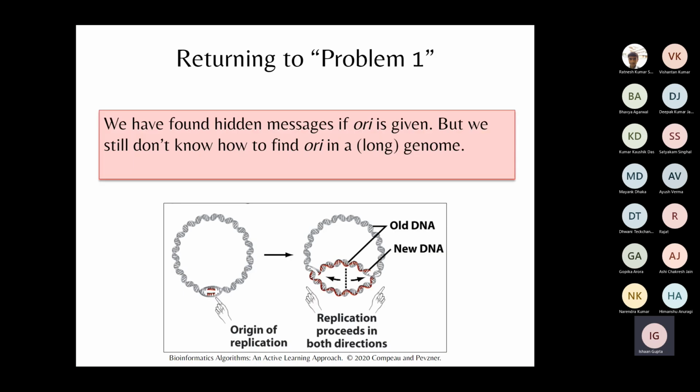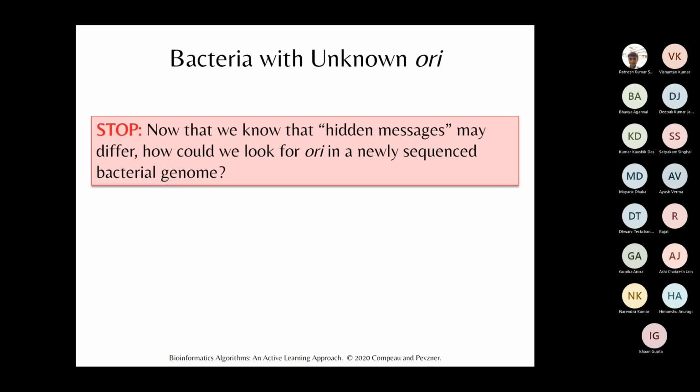So we have found there were two problems, right? One problem was what are the hidden messages within the ORI where the DNA box could bind and begin replication. That was the first problem. So we have found hidden messages if the ORI is given, but how do we find where the ORI is? Now that we know that hidden messages may differ, how could you look for the ORI